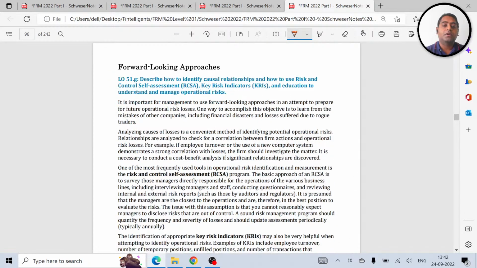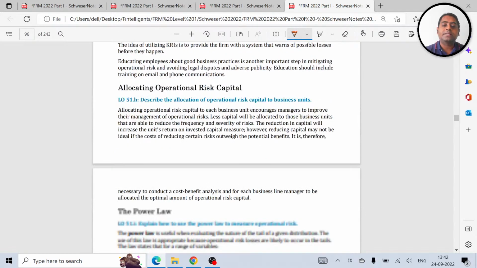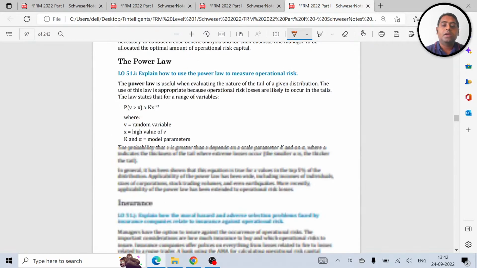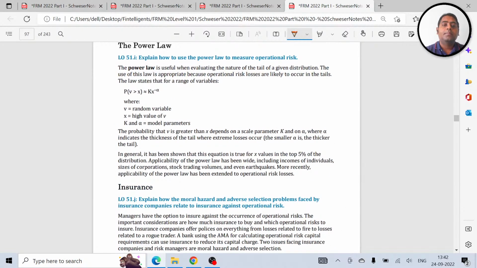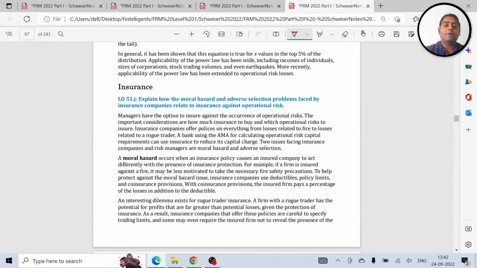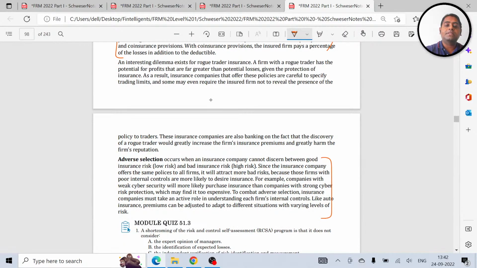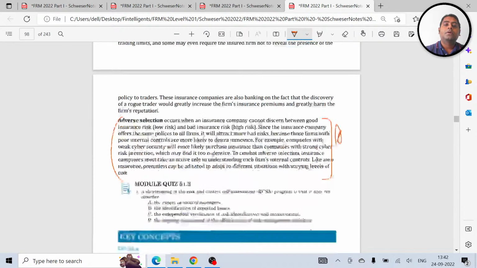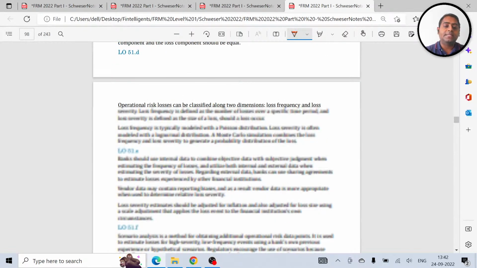Operational risk management, forward-looking part, more or less theoretical, not so important. Allocating capital, power law, this part, moral hazard, you should read. Adverse selection, you should read. Taking you further towards the next section,